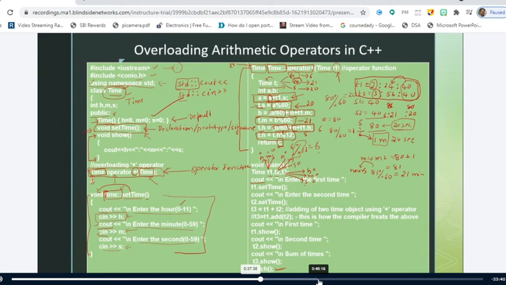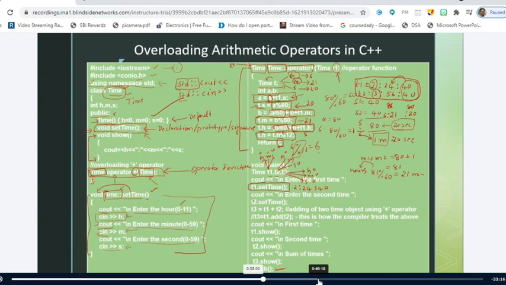Okay. Now I am just asking the user to enter the first time. And how am I reading it? It is read by invoking the function set time of t1. So t1 dot set time, this function will be invoked. So assume that the user has entered the value as 2 hours, 24 minutes and 40.